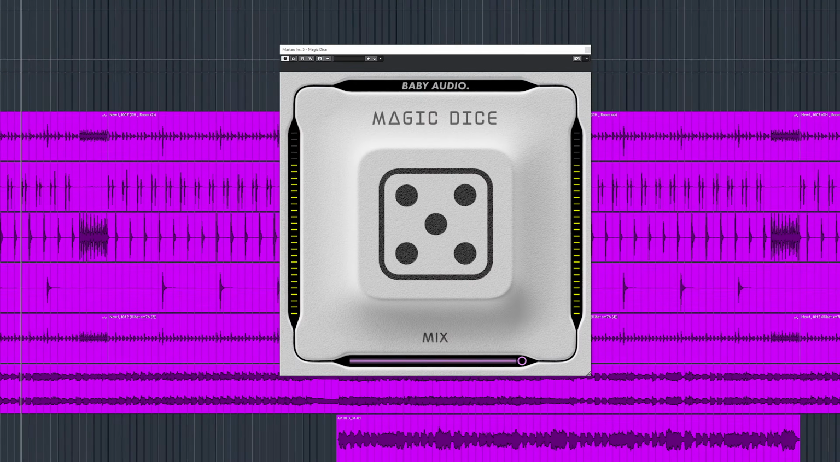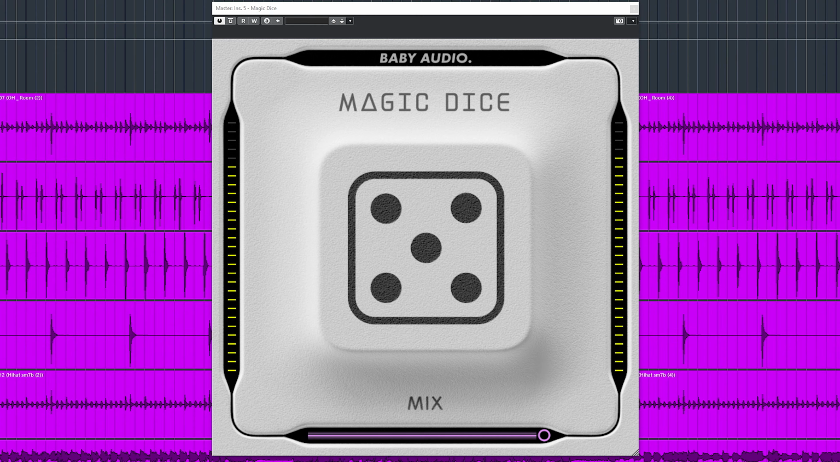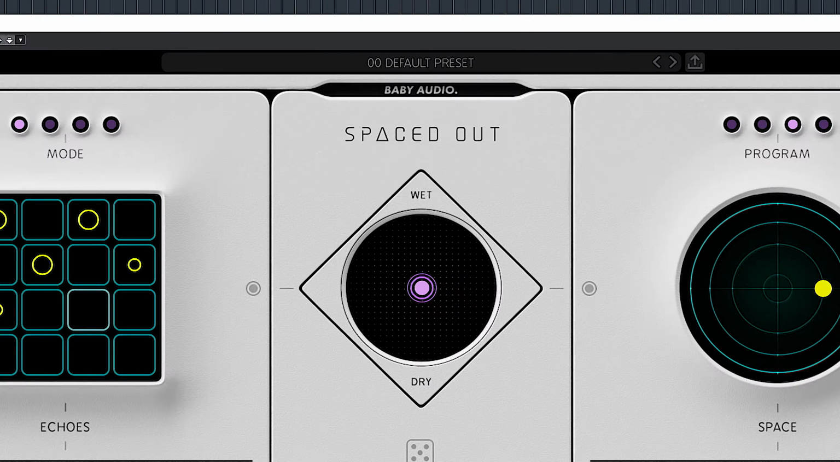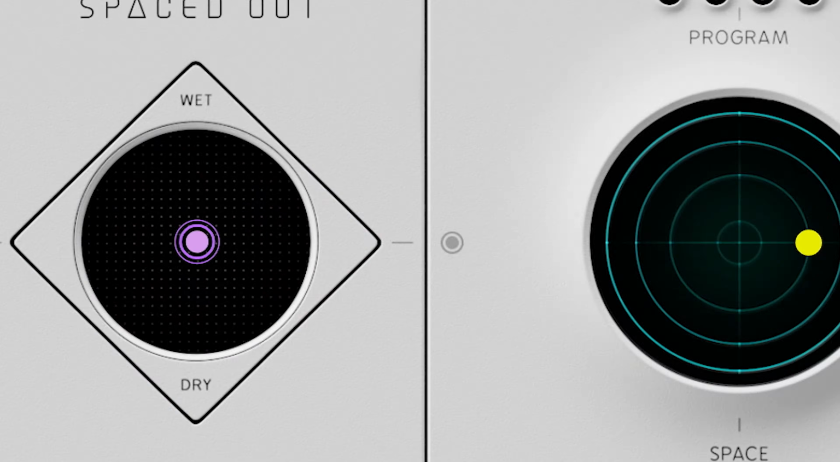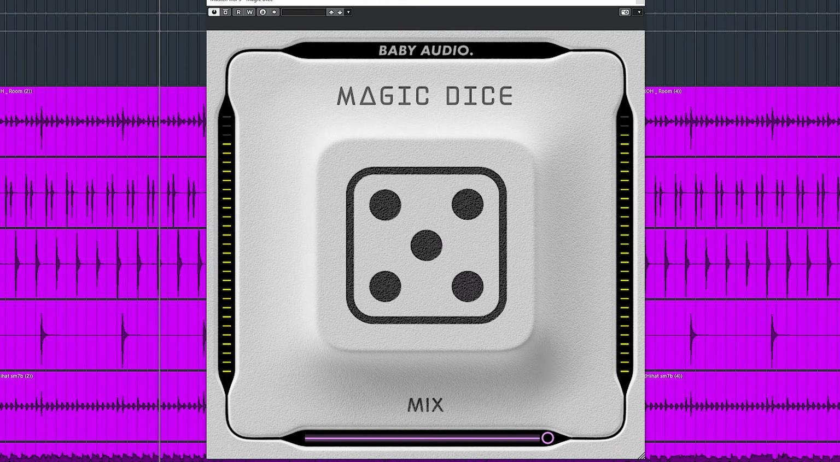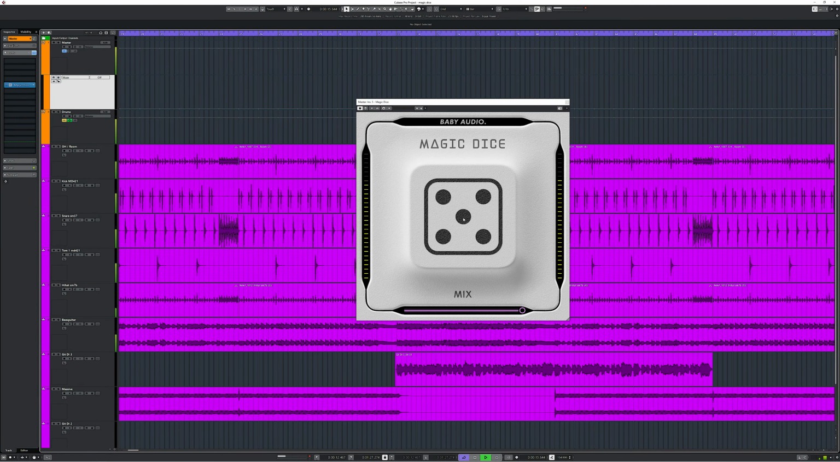The free Magic Dice plugin by Baby Audio takes all processing and effects of the Baby Audio Spaced Out plugin and has minimized and randomized all of that in basically one big button. That button will randomly shuffle all parameters of Spaced Out and give you a sound which you might like or not. Simply press the button again